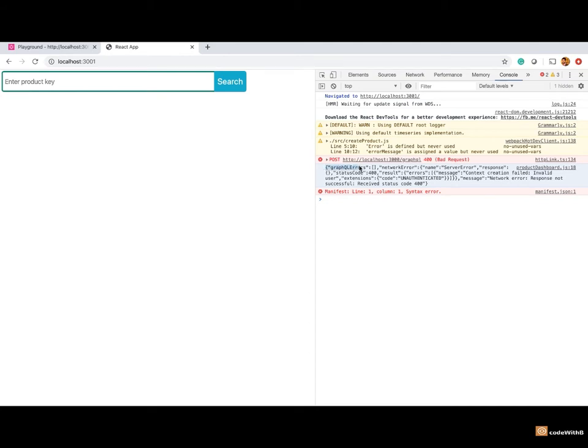And also if you look at the GraphQL errors, we have a couple of errors. GraphQL errors, which is an empty list, and then the network error where we have the result that contains the list of errors. When Apollo client receives the response from the server, if the API has failed, it adds the error to the network errors. If the GraphQL server throws some errors from the resolver, those will be added to the GraphQL errors. Now we will handle the error scenario and we will display the error in the UI.